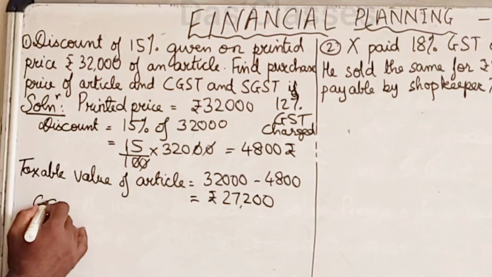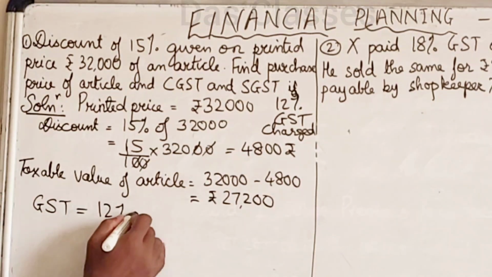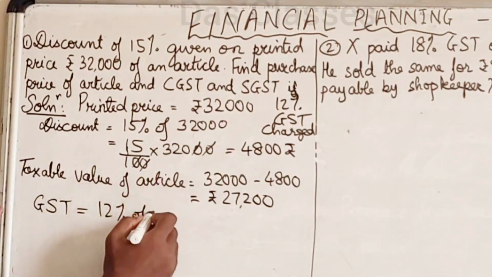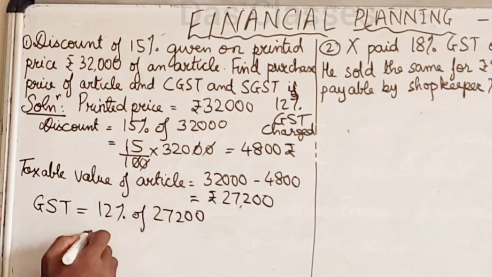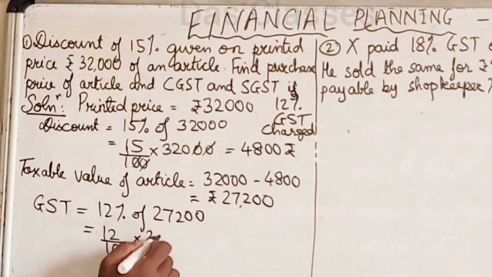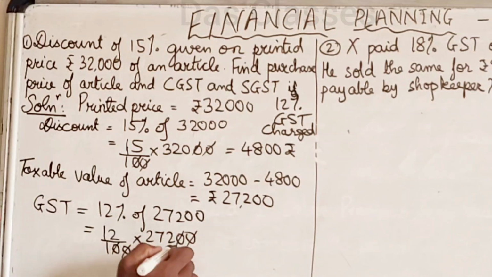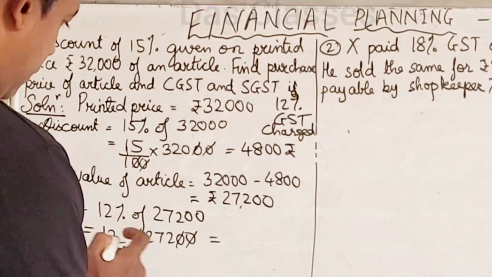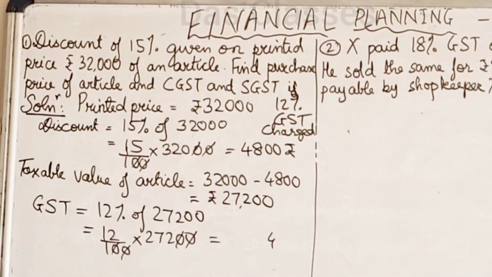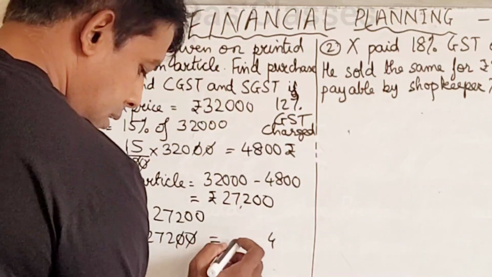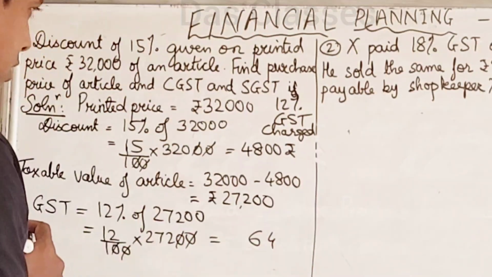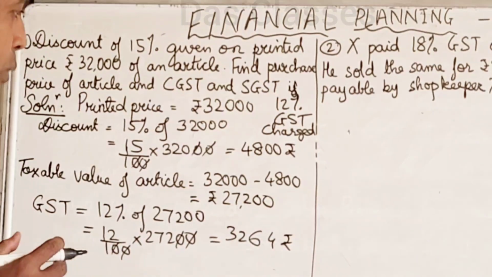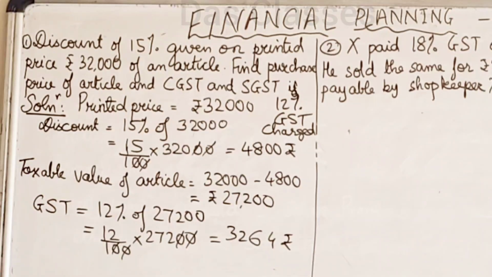So GST is going to be equal to 12% of the taxable value. We calculate the GST on the taxable value of the article, that is 27,200. So that comes to 12 upon 100 into 27,200 cut. So it's going to be 12 2s 24, 12 7s 84, 86, and 8, 12 2s 24, 3264. So the GST is going to be 3,264 rupees, and they've asked us to find out the CGST, that is